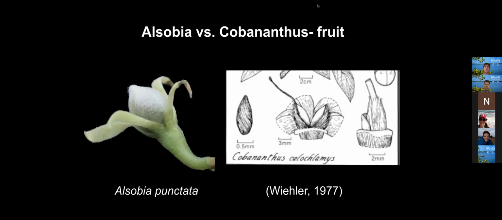Here, the Alsobia fruit is a fleshy 2-valved ellipsoid with numerous brown seeds. In contrast, the Covenanthus fruit is papyraceous instead of fleshy and capsular with thin carpal walls. Hans Wheeler illustrated and described the fruit of Covenanthus, but we are not aware of any images that show the mature fruit. It may be that all the cultivated material available is likely the result of vegetative reproduction.